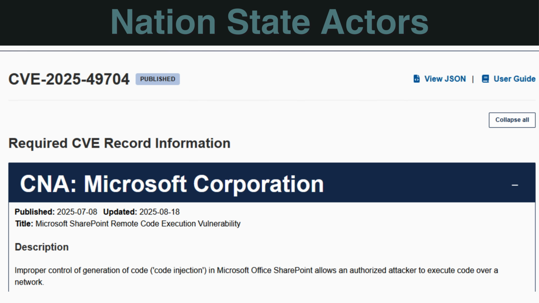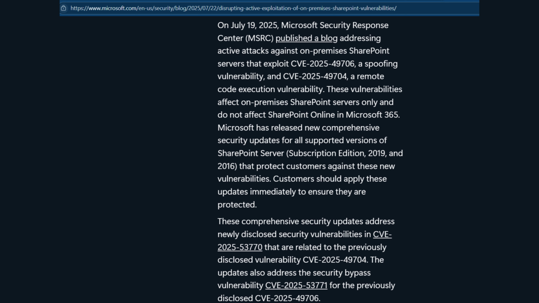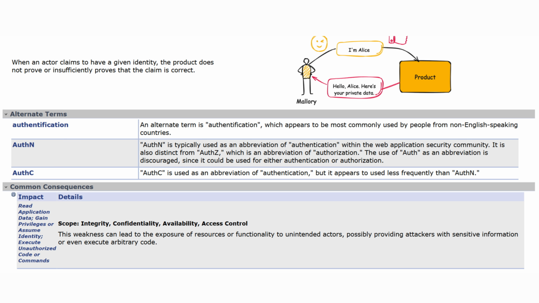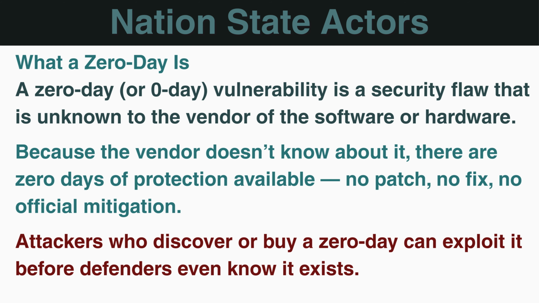If you want to look up the most recent ones, you can look up 2025 CVEs that were exploited by nation-state actors. We've got CVE-2025-49704 and CVE-2025-49706, 704 associated with remote code execution, and 706 spoofing, where Chinese state-sponsored groups, including Linen Typhoon, Violet Typhoon, and Storm-2603, actively exploited these SharePoint on-premise vulnerabilities as zero-days.